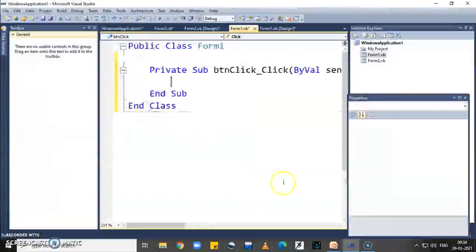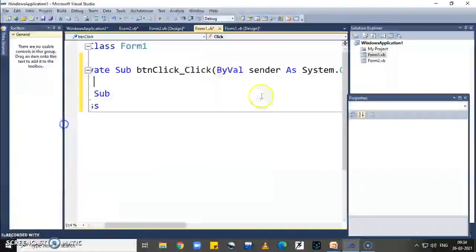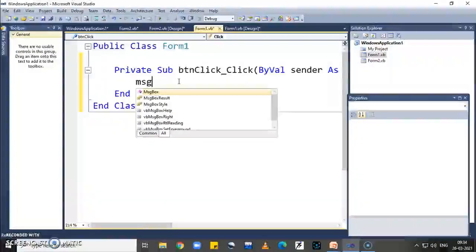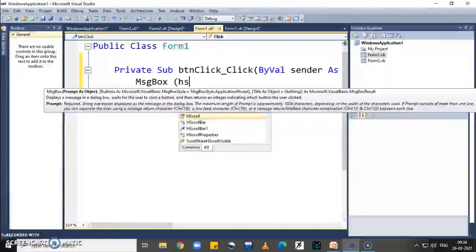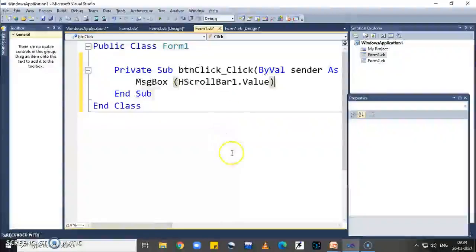Here control name is button, event is click. In this I write one statement. For example, I write message box H scroll bar 1 dot value. Now this statement display the current value of horizontal scroll bar 1.